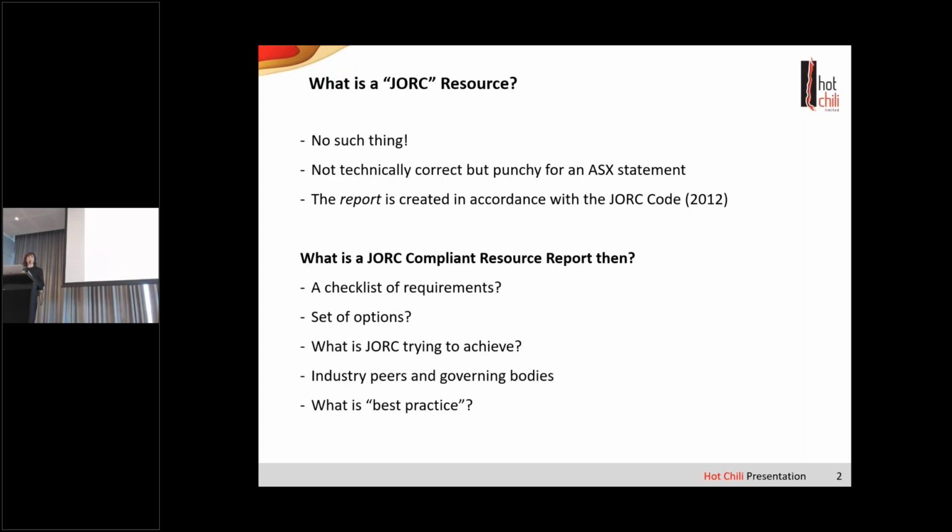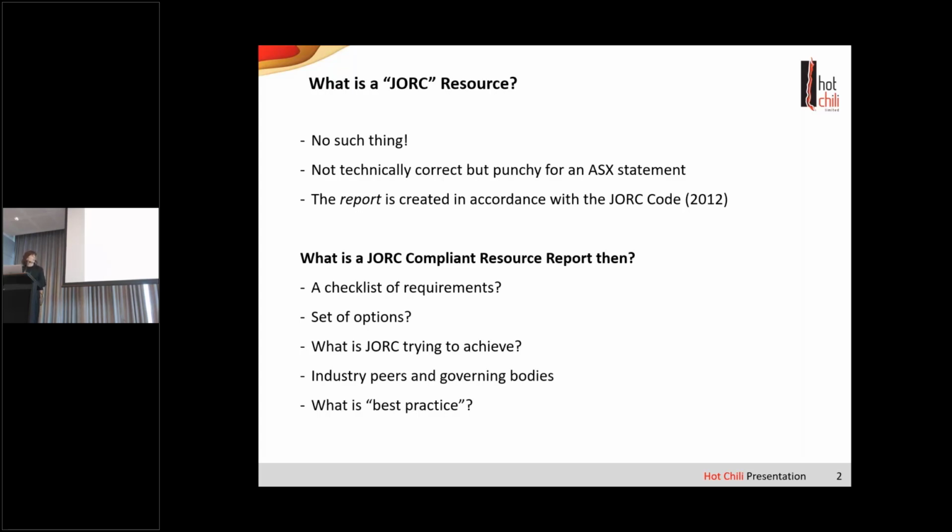So you've got to think about it when you're producing your resource report. There's going to be a spectrum of what's considered best practice at one end, and most people would agree, and at the other end, what's not considered best practice, and most people would agree. And lots of room in the middle to debate. So what is JORC trying to achieve? Well, JORC is trying to not be prescriptive, but it's trying to give us some holistic standards to address when we're doing our reporting of our resource. So those are materiality, competency, and transparency.